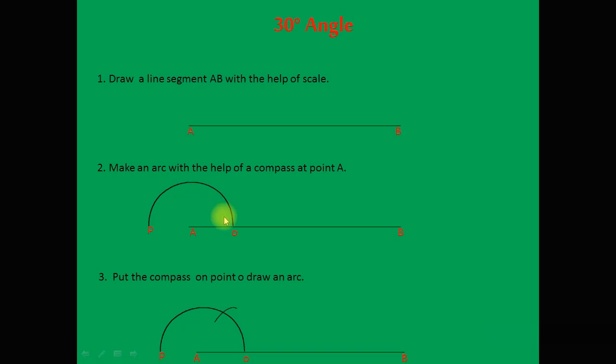Now after constructing this arc, when we draw another arc above this arc, you will get an angle of 60 degree, if we do not change the radius of the compass. So for 30 degree, bisect that 60 degree, you will easily obtain angle of 30 degree. And if we construct an angle of 120, then put the compass here and draw another arc of 60 degree, you will get an angle of 120 degree.